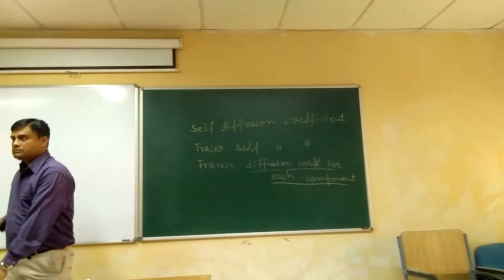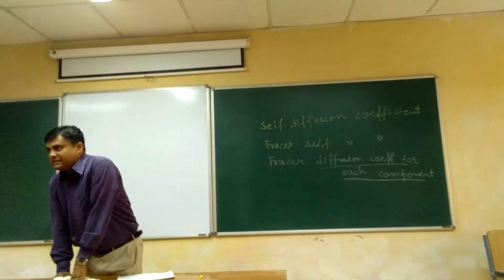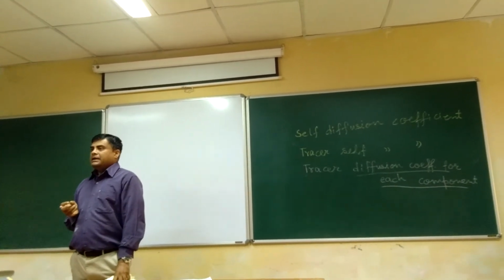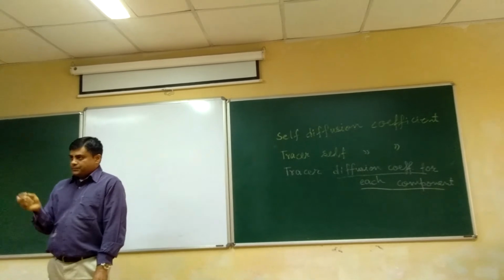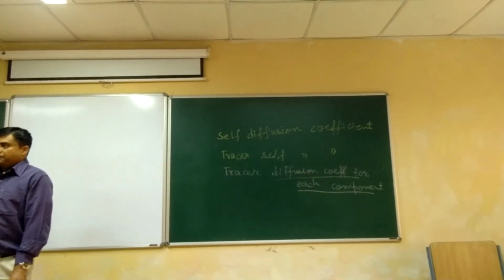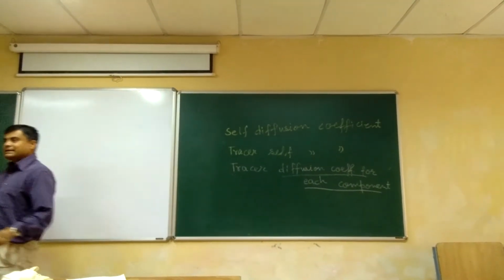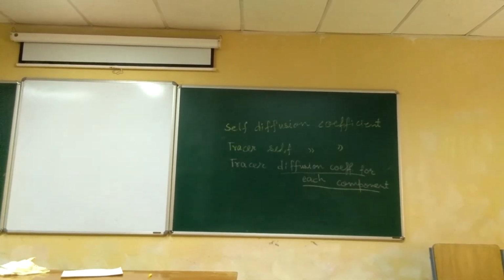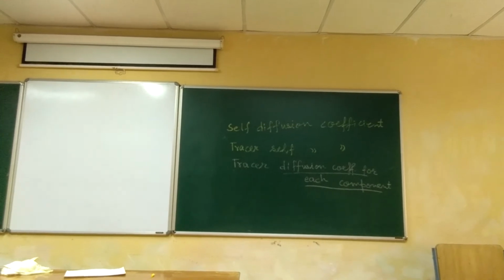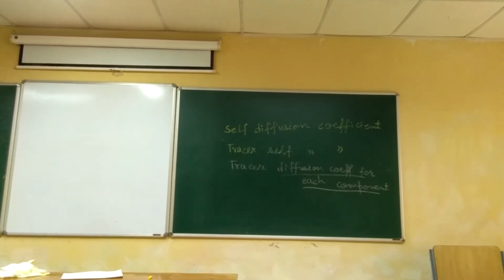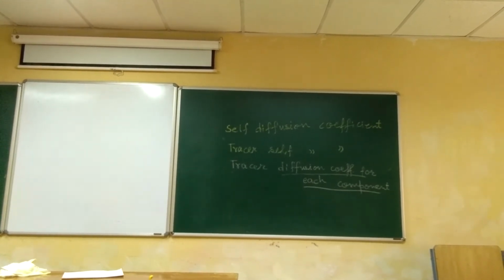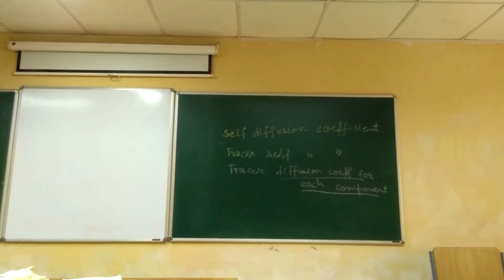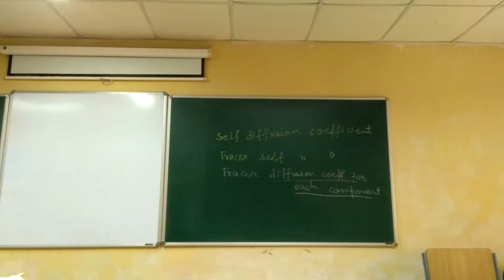So what is the meaning of tracer? Why is it called tracer? It's actually measured experimentally by putting some radioactive isotopes on a plane of a well annealed single crystal of very large grain material, so that we can ignore the diffusion effect through grain boundaries. So it's a single crystal, you take a particular plane, and you put a radioactive isotope of that element only.